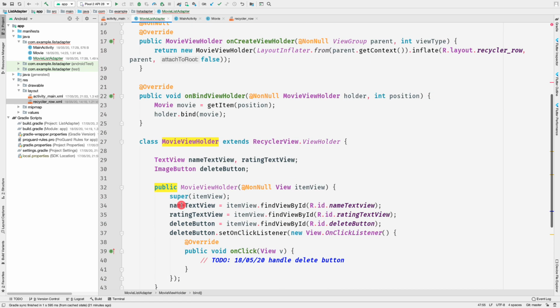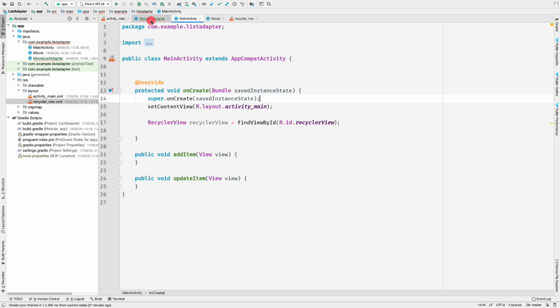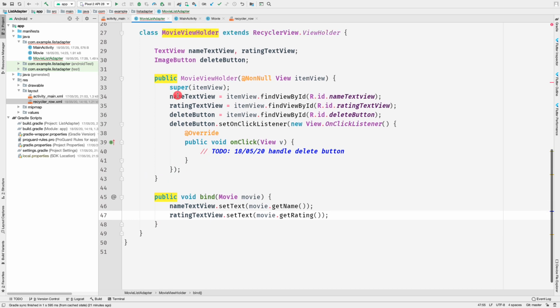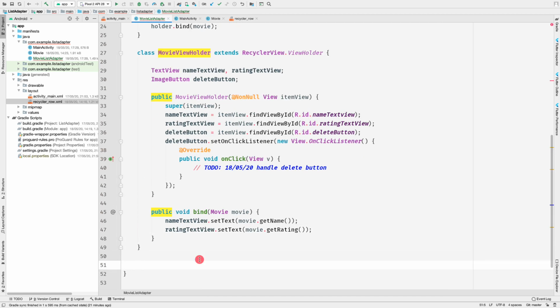And now let's create an interface that will handle this delete button inside our main activity. That is, inside our main activity, we want to implement the interface that is called whenever someone clicks on the item row. So let's do that. Just after this inner class, MovieViewHolder, we'll declare our interface here. So interface MovieClickInterface, let's call it this way. And this would contain only one method, and that is onDelete. So public void onDelete like this, and here we need to pass in the position that was deleted.